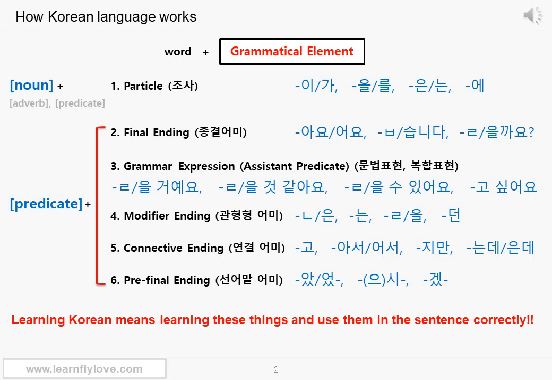And these grammatical elements are used to indicate the exact role of the word in the sentence, like the postposition particles, or to express a certain nuance, meaning, tense, or even your emotion. For example, when you want to say, would you like to do something in Korean, you change the ending. Got it? There are still plenty of endings and grammar expressions with assistant predicates you need to know in Korean. And learning Korean means learning those things. But don't worry too much. It's not like you must know all of those things now to communicate properly. You can make proper sentences based on what you already know for now anyway.